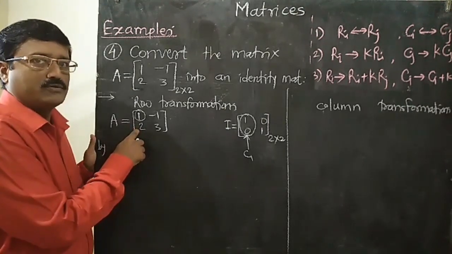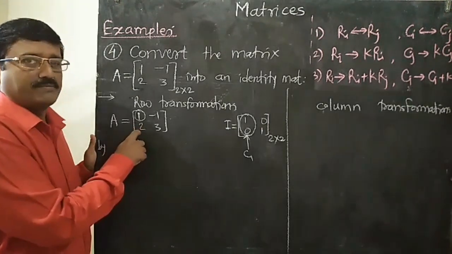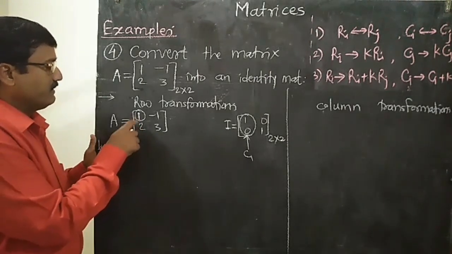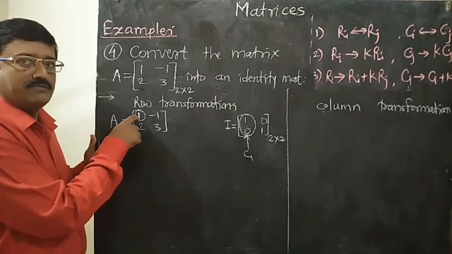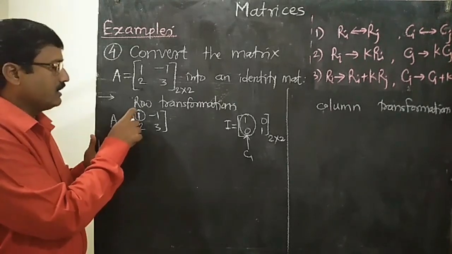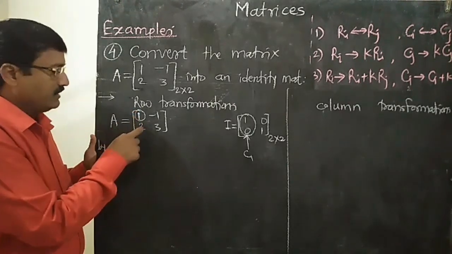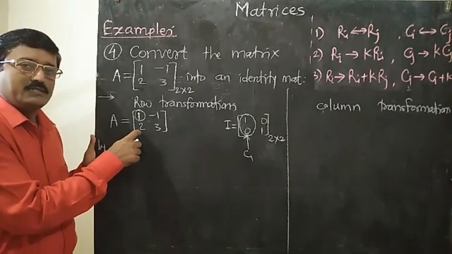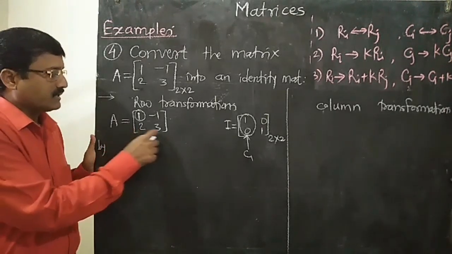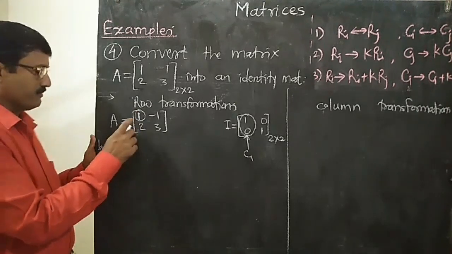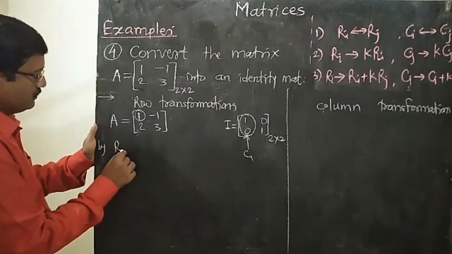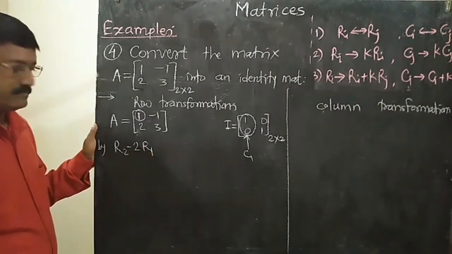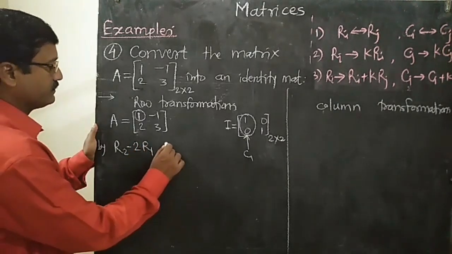How can we get 0 from 2? If we subtract 2 from 2, then we get 0. So if we multiply the first row by 2 and subtract it from the second row, then we get the second row, first column element as 0. So by R2 minus twice of R1,